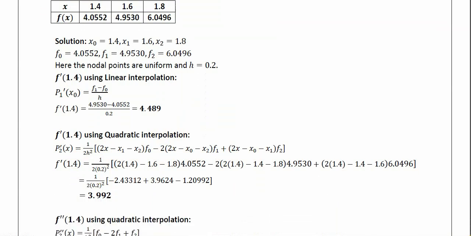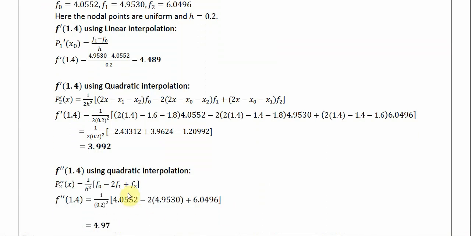And in the second derivative, using quadratic interpolation, this is the formula. Substitute and simplify. So this is very simple. The numerator is the same in both of them, only that the denominator has a 2h square coming out, and in uniform nodal points there is a minus 2 times the second term coming. Therefore those two things are a little different. And using quadratic interpolation, again there is a 2 times which is coming in the second term. There is no 2 here, there is a 2 coming in the second term. That is about quadratic interpolation.